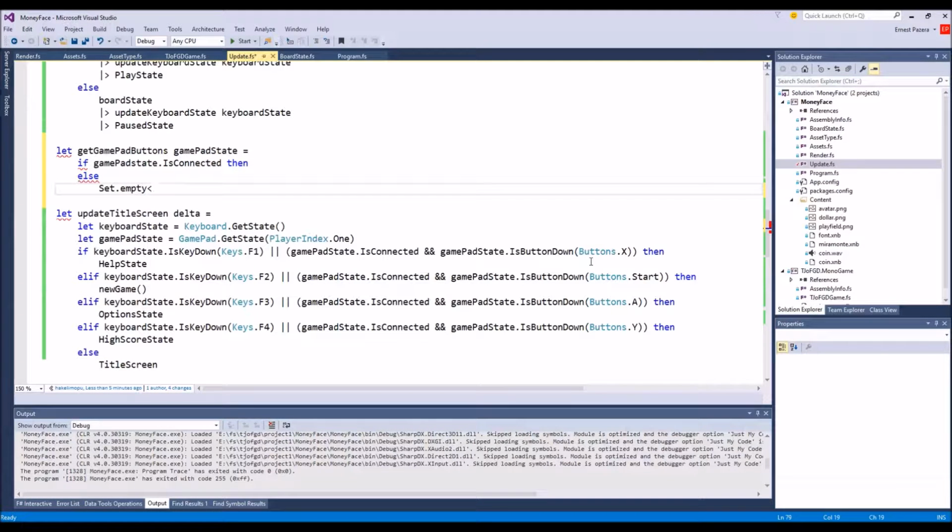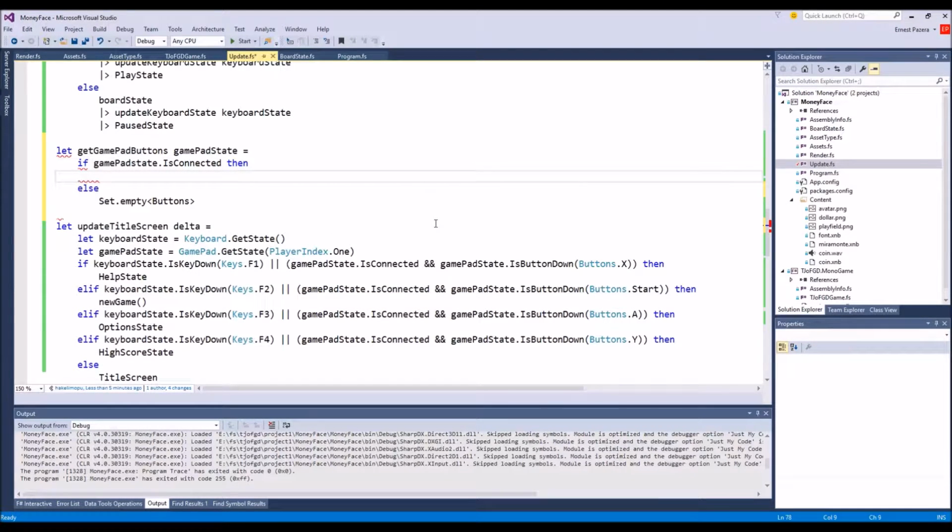Okay, so buttons option. We just leave it as buttons, an empty set of buttons. The gamepad is connected. Then,